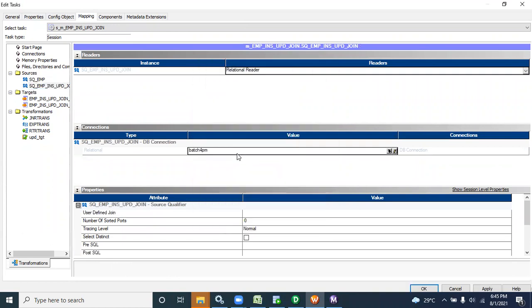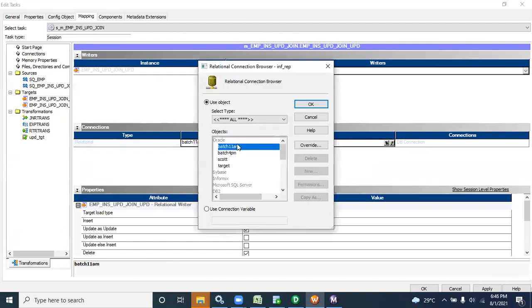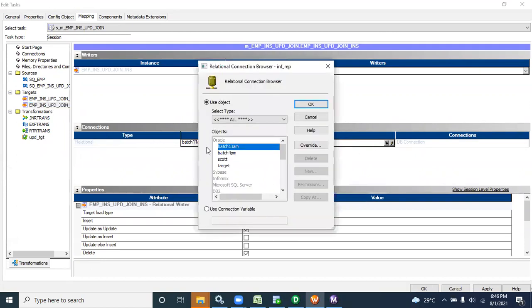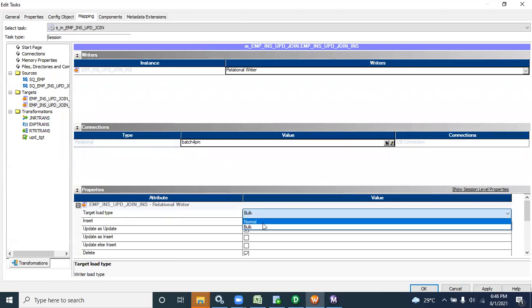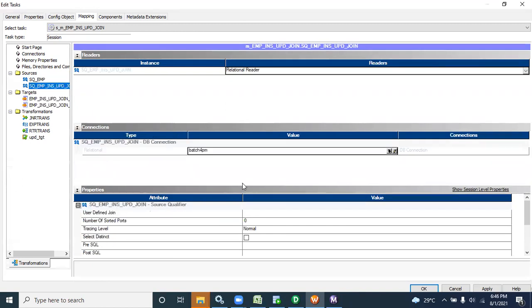Batch 4 PM. This one also batch 4 PM. If you want to change multiple things, here also batch 4 PM, and here you have to give the normal. Same thing. Apart from this, nothing else will be there.